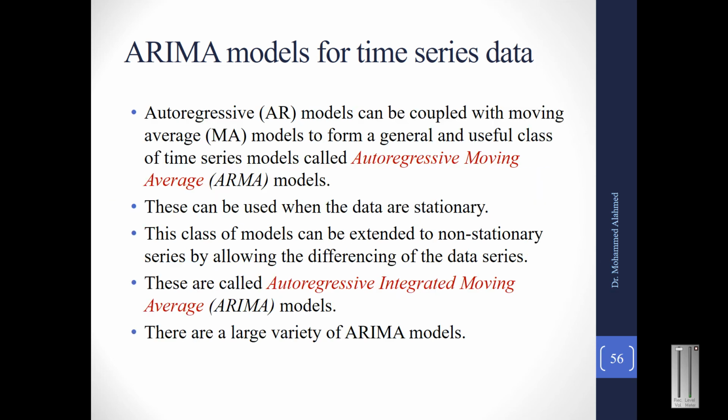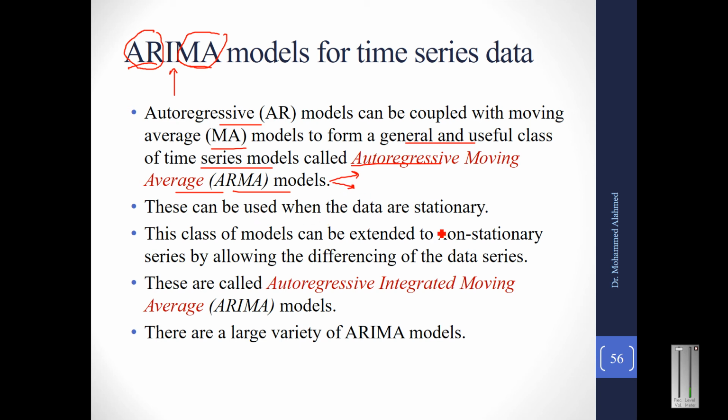So when we deal with ARIMA models, we already saw AR, which is the time lagged version, and MA, which is the error term, and I is basically the integrated part. We will see that in this slide. So we have an ARIMA model. Autoregressive models can be coupled with moving averages. We can combine AR and MA to form a general class of useful time series models known as ARMA. So the ARMA model will take the previously lagged versions, because that is the AR part, and the error terms. So it combines both the features.